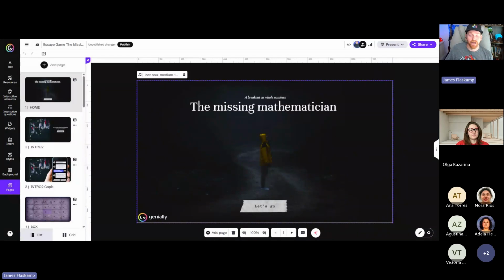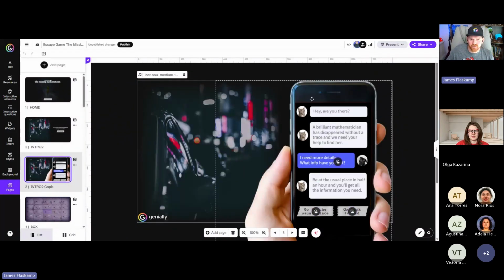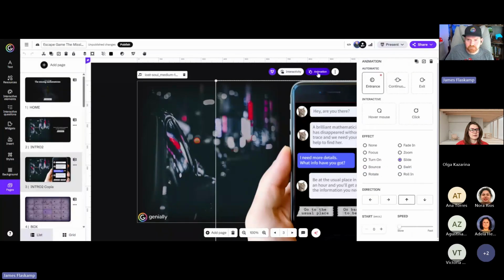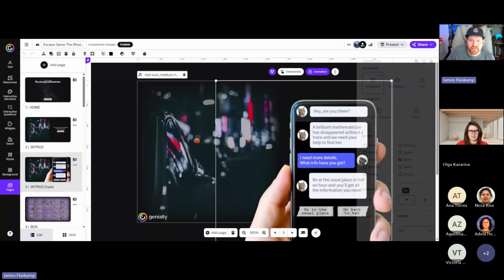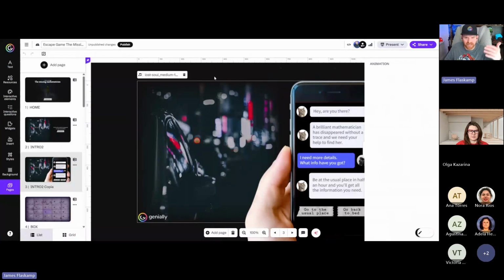And you'll learn the tool a lot faster, certainly, right? So you can go into this and say you're trying to figure out how they did the phone thing. Well, you can figure it out by going in here and clicking on each of the elements. So I'll click on the phone. Okay, there's no interactivity set up here, but there is an animation. It's an entrance animation where it slides upward like that. So that's how it slid upward.